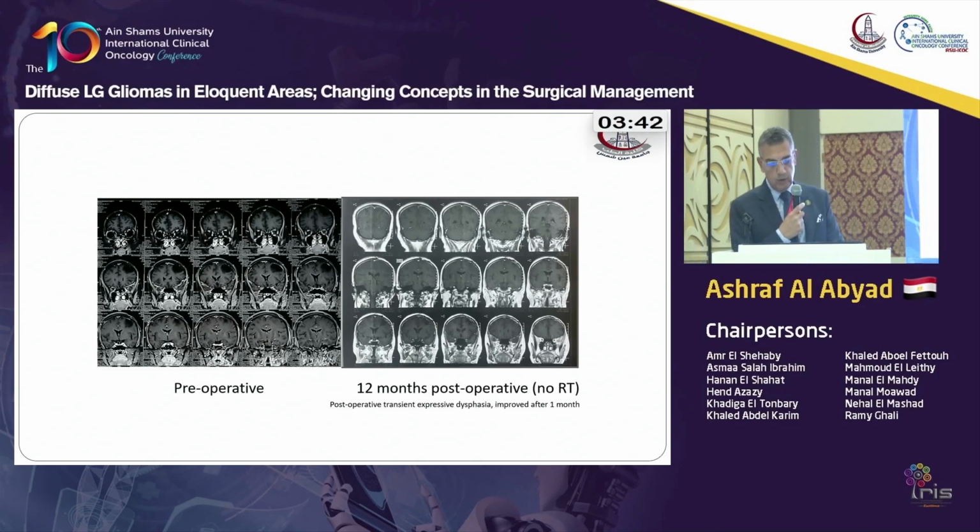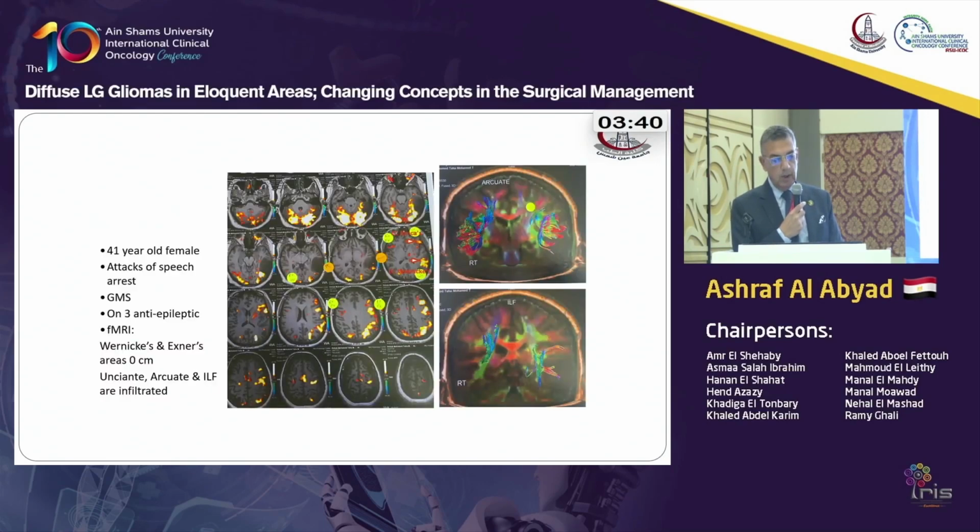showing nearly no tumor. This is a 41-year-old female presented with attacks of speech arrest, grand mal seizures, and as you can see in the functional MRI, the Wernicke and Broca areas are 0 distance, while the uncinate and arcuate fasciculi, which are the dorsal and ventral language areas, and the inferior longitudinal fasciculi are infiltrated. Unfortunately,